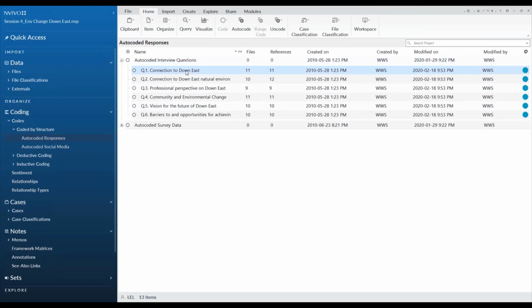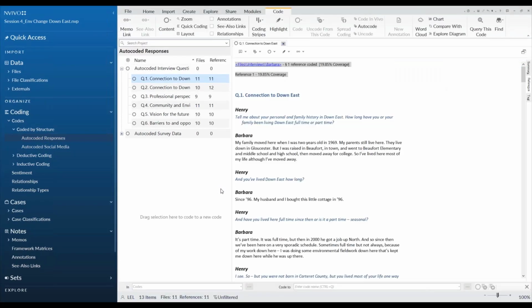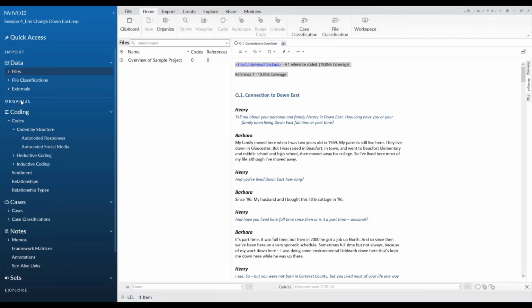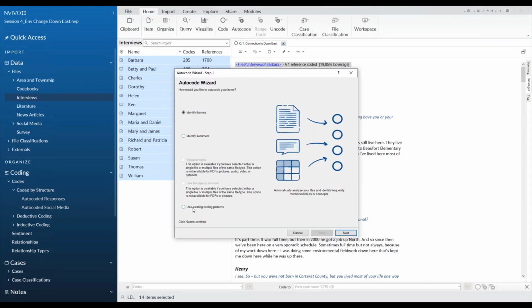And some people simply begin their writing by summarizing the answers they saw to those questions. So for instance, if I look here in this question 1 code, I can see all of the answers from across all of the interviews to question 1. Notice that these transcripts have question 1 in a specific heading. When questions are in headings, and if you're using NVivo for Windows, you can actually have NVivo put all of the responses to question 1 in one place by using the auto-coding feature. So you can come up to your files and your interview files, and I can select that list of interview files, and I'm going to auto-code by